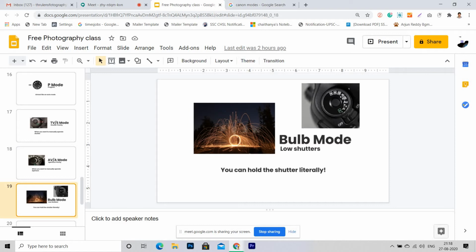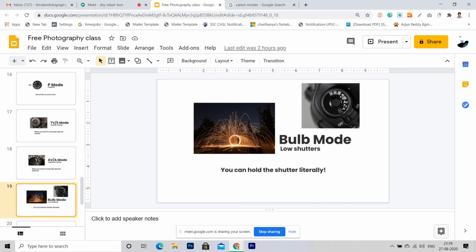So you keep a good aperture and a good ISO first, then switch to bulb mode and press and hold the shutter button, the button used to click a photo, for however many times you asked that person to do it, for example 20 times. He did it 20 times and then you release.